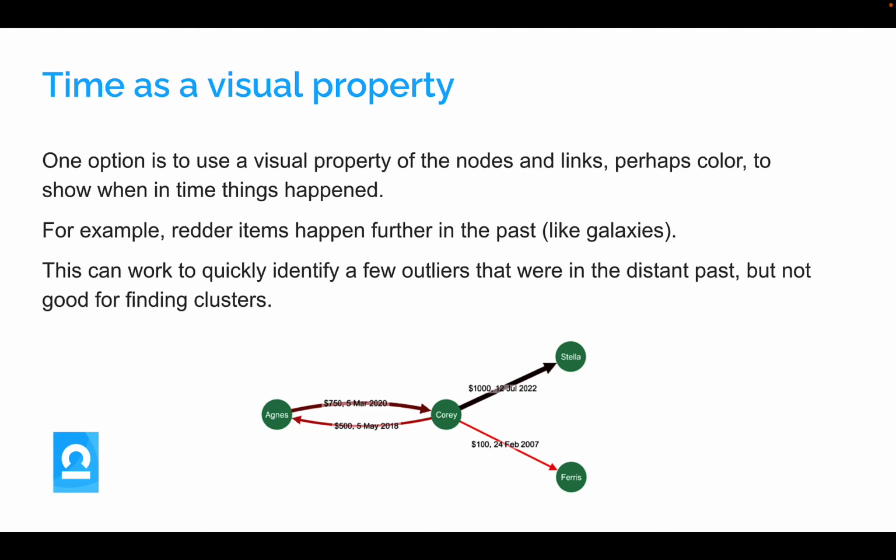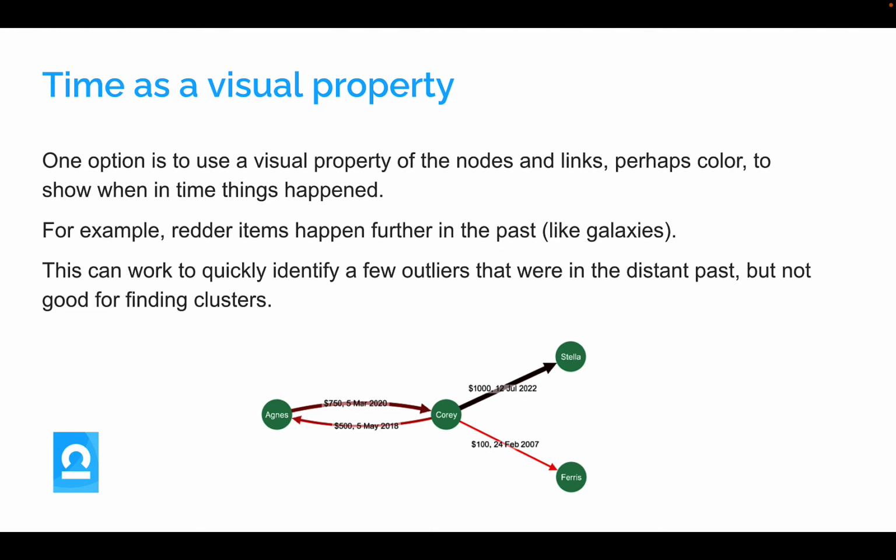So let's start taking a look at some of the techniques we can use to visualize this time data in an intuitive way. Well, the first thing that comes to mind is that we can treat time as any other property, and we can use some of the visual properties of the nodes and/or links to show that. So that's what I've done in this example here,